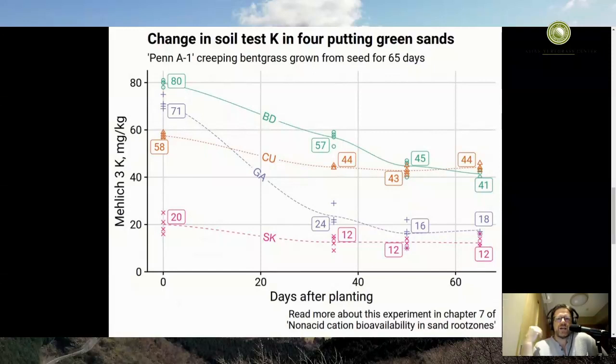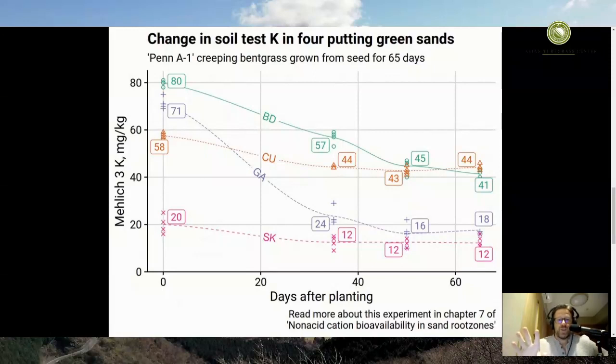But the reality is, fine turfgrass is grown all over the world in sandy root zones. And if you're not growing turf in a sandy root zone, if you're growing turf in soil, then you probably don't need to worry about this so much. But the most highly maintained turf is grown on sand root zones. And the most highly maintained turf is what we're really concerned about, and we want to make sure that we get it absolutely right. That's why I think it's important to understand what these numbers mean and what you can expect. So I will just say the numbers are used to figure out how much fertilizer to apply,